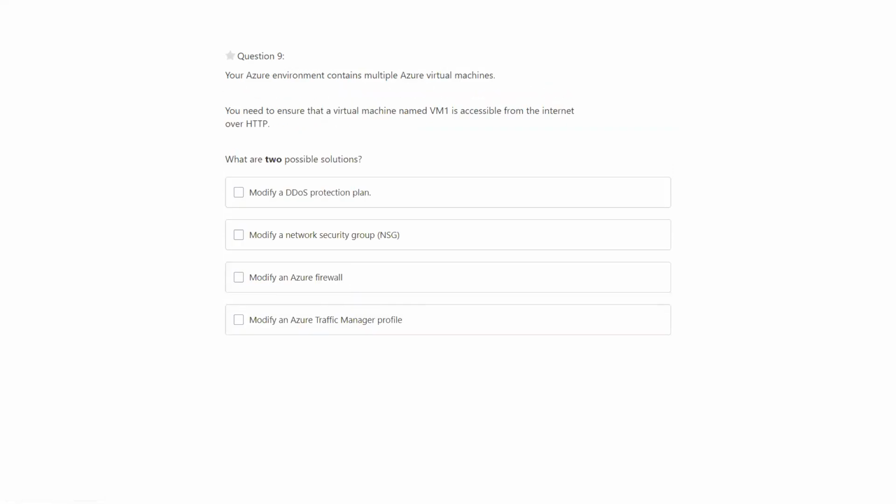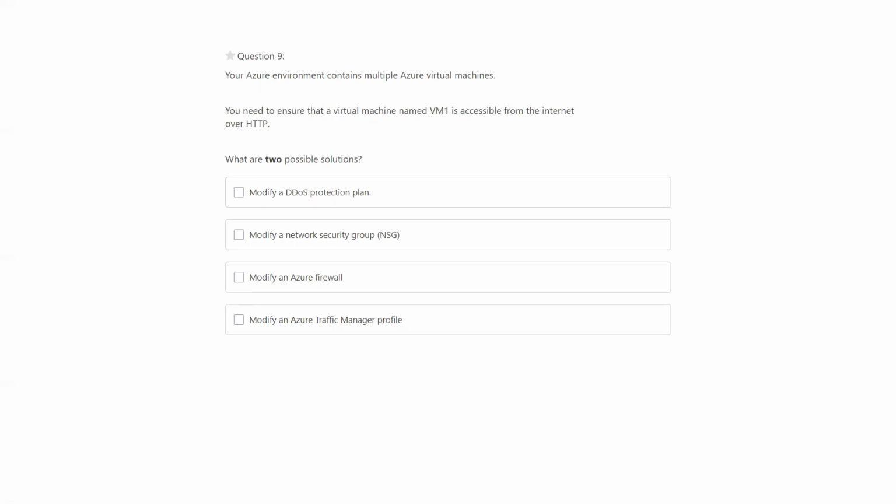Next question is on, your Azure environment contains multiple Azure virtual machines. You need to ensure that the virtual machine named V1 is accessible from the internet over HTTP. So you have 2 possible options here. We were talking about blocking the traffic or ensuring that the virtual machine will be accessible for the right resources. So you can do that using the network security group.